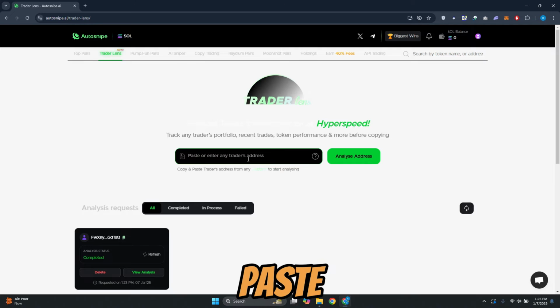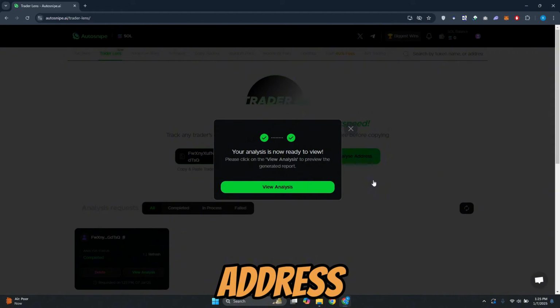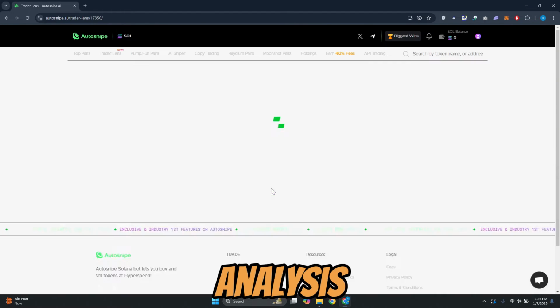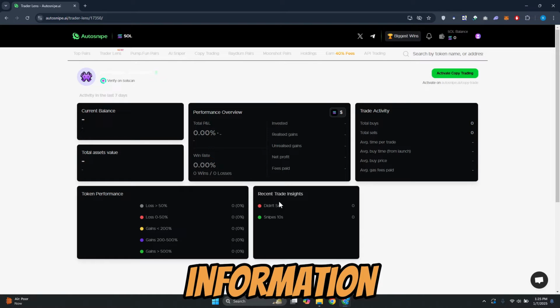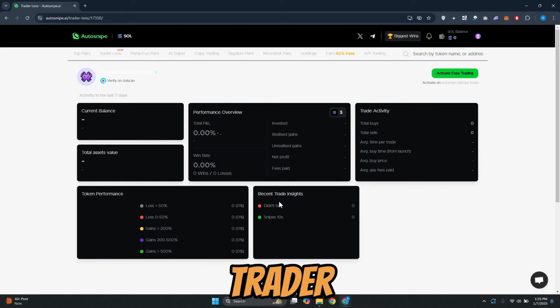So let's go ahead and paste an address that maybe I want to check and click on Analyze Address. It's going to do the analysis. So once it's ready, you can go and click on View Analysis and view the information about that specific trader